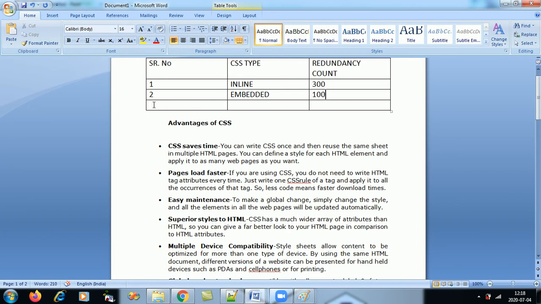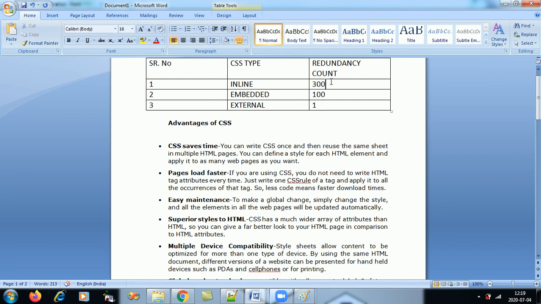If I use the third type of CSS, which is external, then I just have to code it once. Where you had 300, now you reduced it to 1. So CSS has many advantages. It saves time so that you can reuse the code. Where I had to code it 300 times, now I code it only once.